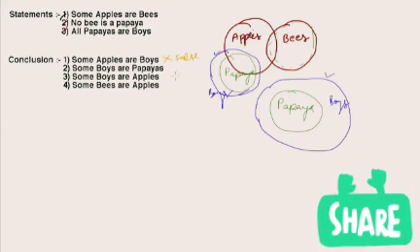Some boys are papayas. Yeah, this one is right. In both of the situations, the papaya part is also boys. So this one is true. Some boys are apples. Some of the boys are apples. If you look at this situation, here is apples and here are boys. So there is no relation between boys and apples. So this one is also false. Some bees are apples. So give a look to this part. So a part of bees are apples. So this one is